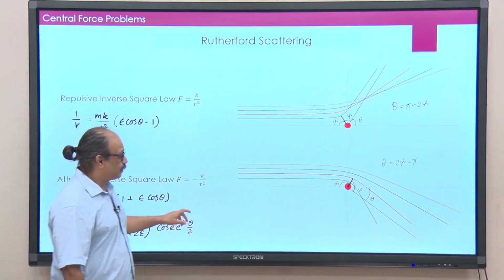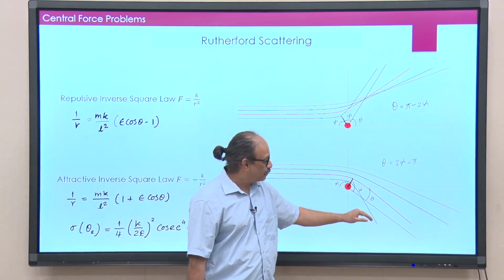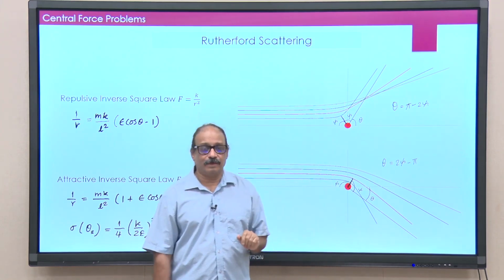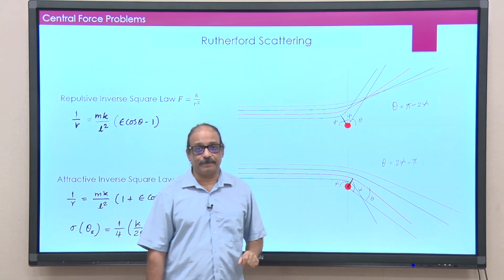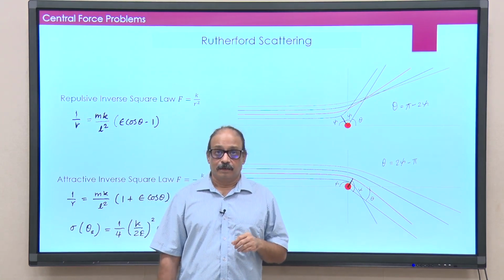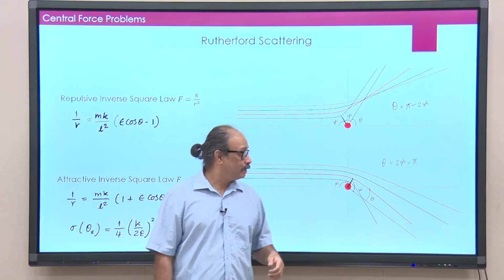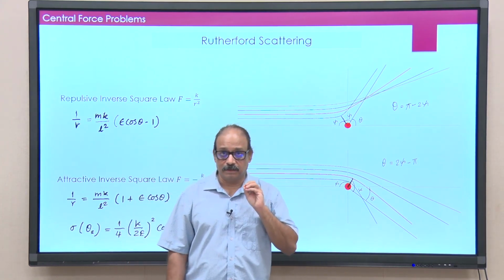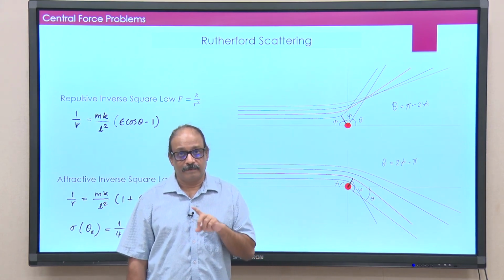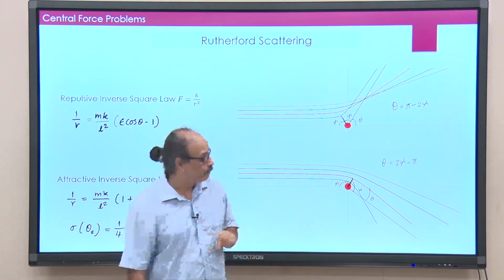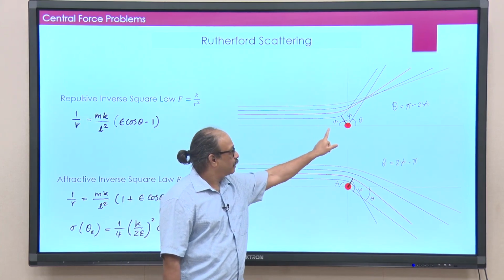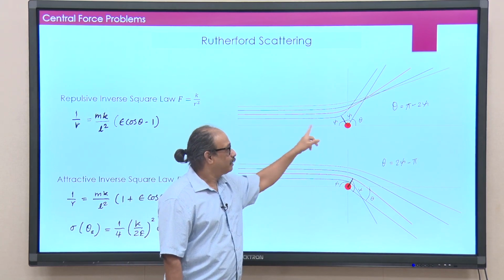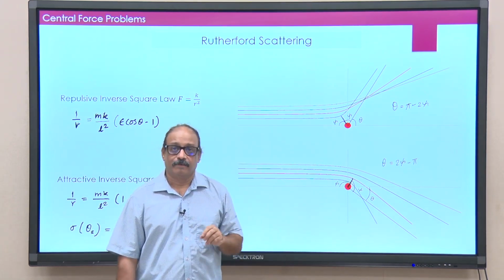However, here the scattering angles are negative, and here the scattering angles are positive. That is the only difference. Now, what can happen in the repulsive case is that you also have back scattering. That means a particle which travels directly towards the target, with angular momentum 0, will go very close to it, and once its kinetic energy diminishes, it turns back along the same line